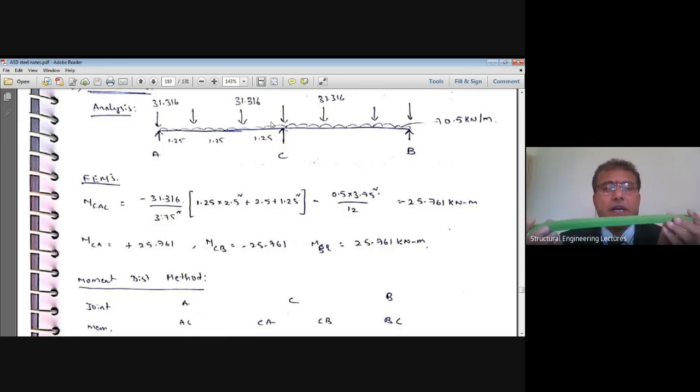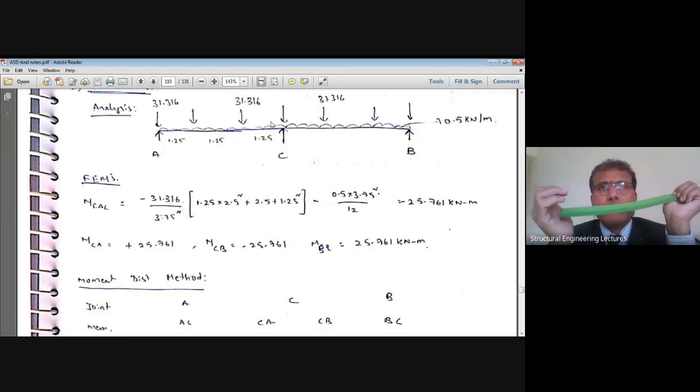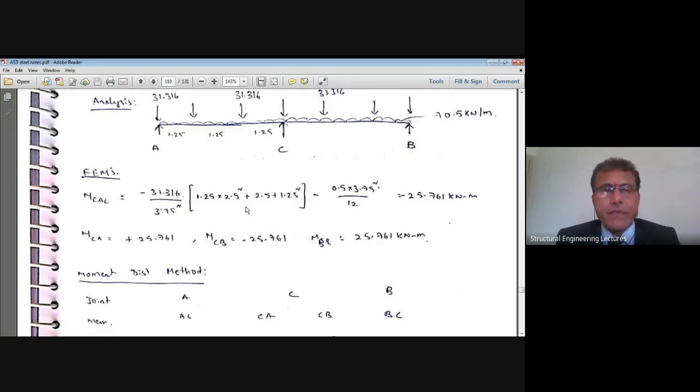That indicates the deflected profile of that beam: this minus indicates this, and this plus indicates this sign notation, meaning the bending profile is bent in the downward direction, in the form of a saucer, right? That is how the negative and positive work. This MF AC with minus indicates that the deflected profile is in the downward direction, or the curvature is positive, right? Positive curvature, that is it.